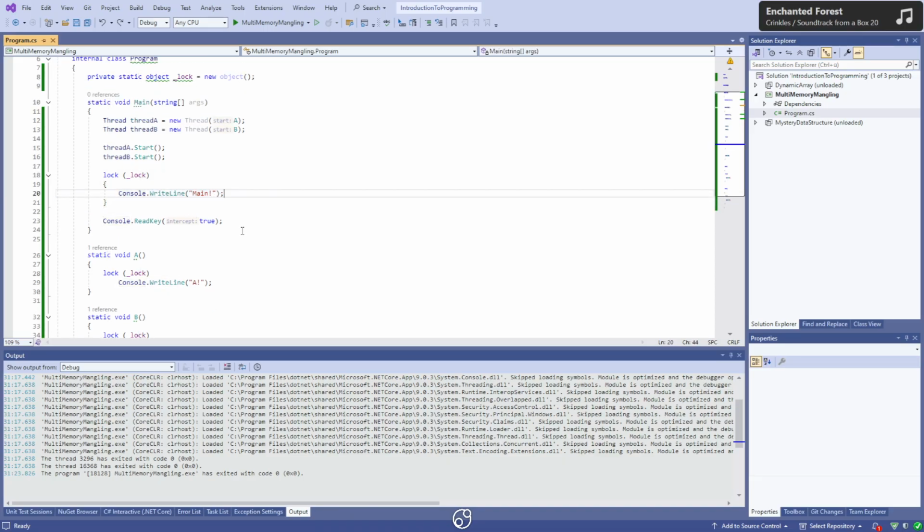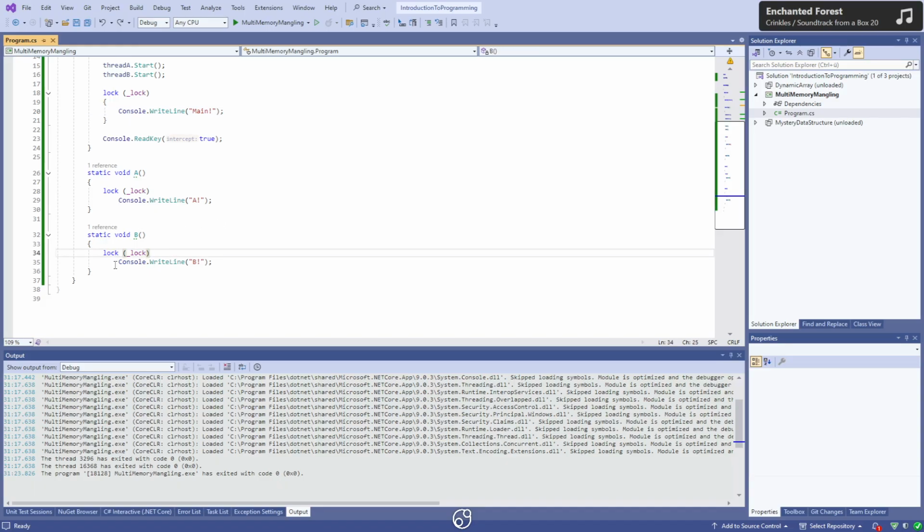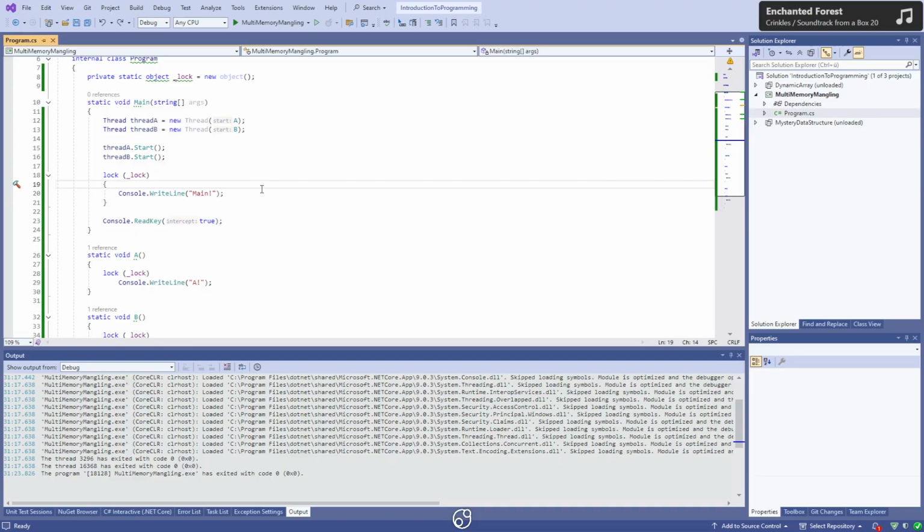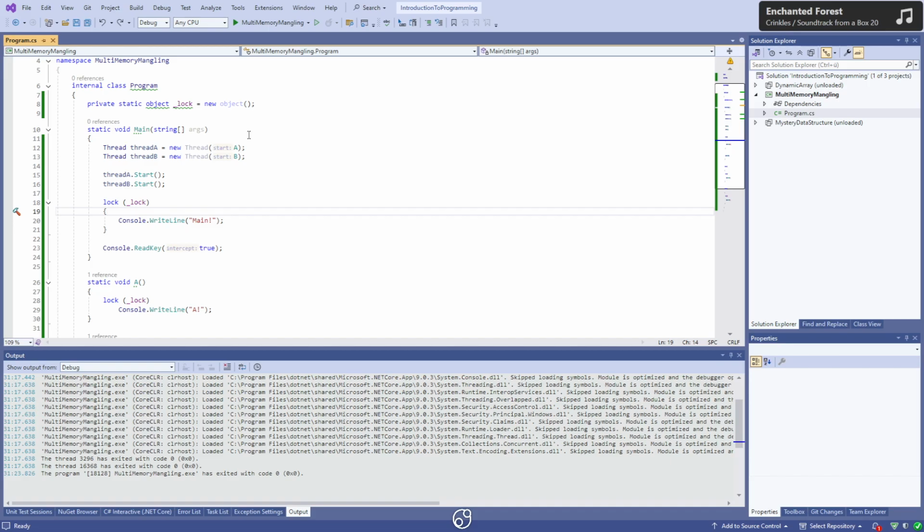Now we want to talk about the synchronization a bit more. This code makes sure that only one thread can manipulate things. We want to now determine the order. We want to make sure that A cannot run until Main is finished, and B cannot run until A is finished. And there are different ways we can do this, but the simplest would be to just have